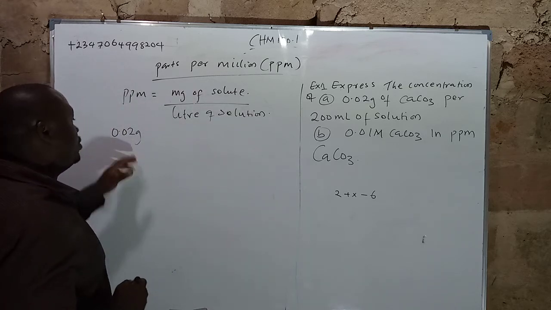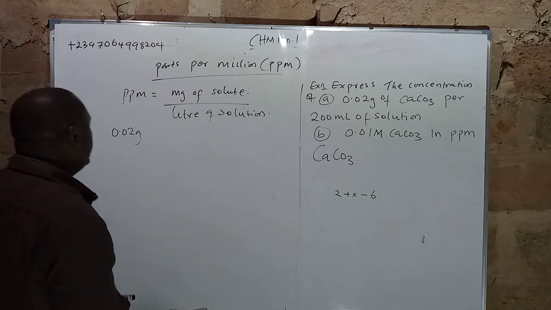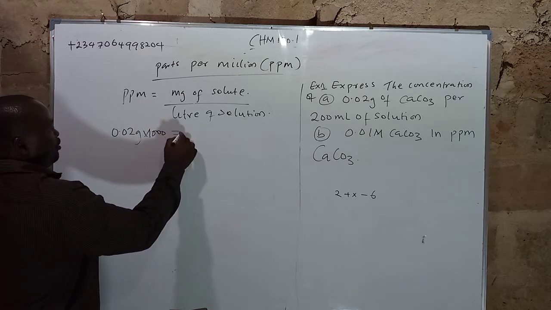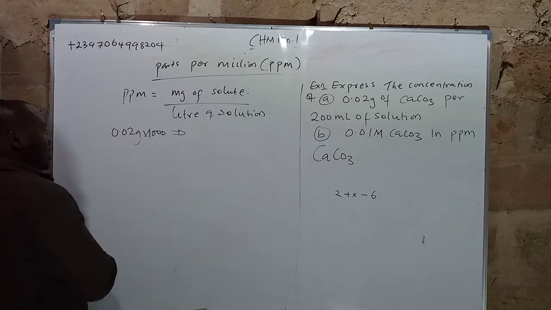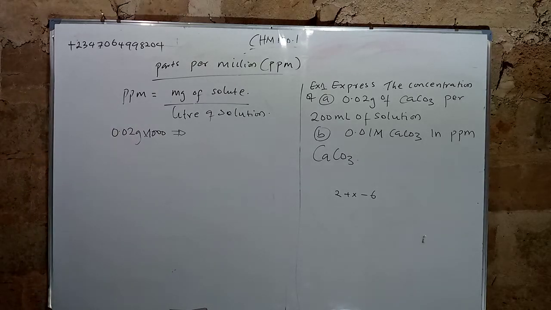So you have the grams. All you need to do is convert it to milligrams, and you do that by multiplying by 1000. So 0.02, when you convert it to milligrams, will give you 20